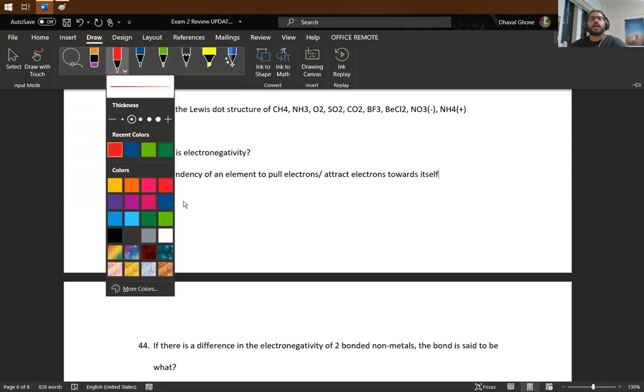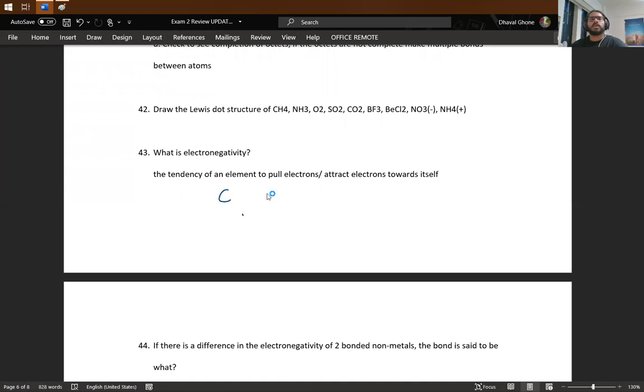example, let's say I am drawing carbon monoxide. It has 3 bonds in it, and one lone pair here and one lone pair here. And so oxygen is more electronegative than carbon, and so the electrons would go more towards oxygen. There's a way to denote it. I should modify the question, say, give an example and draw the polarity